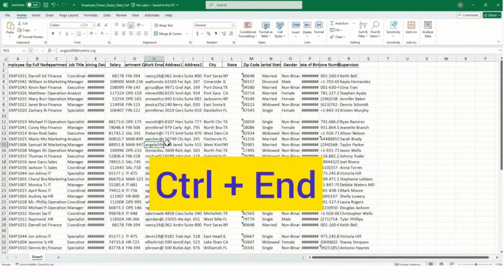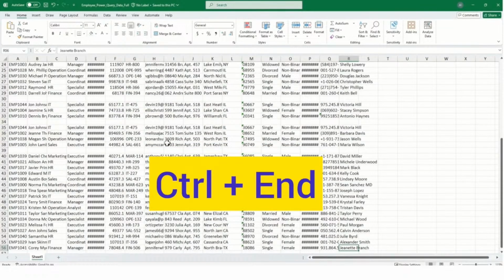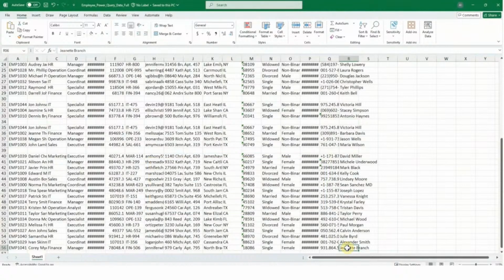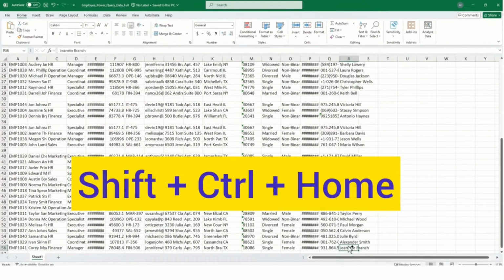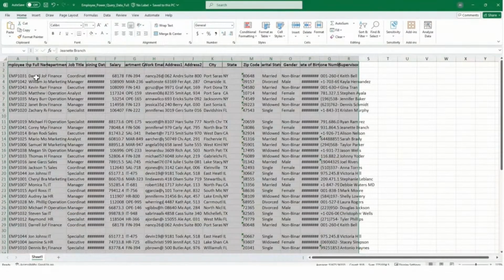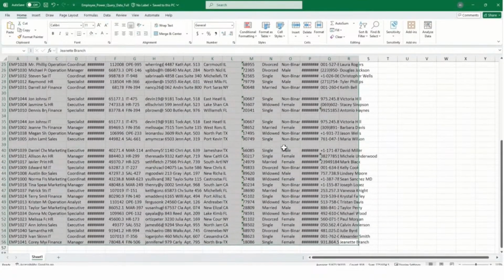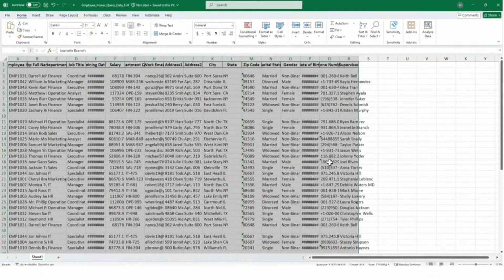उसके लिए आप सबसे पहले कंट्रोल और एंड की प्रेस करें। कंट्रोल एंड दबाने से आपका सेल जो है बिल्कुल लास्ट रो के लास्ट कॉलम में पहुंच जाता है। और यहां पर आप शिफ्ट कंट्रोल होम प्रेस करेंगे। कंट्रोल और शिफ्ट को एक साथ दबाएंगे और उसके साथ होम प्रेस करेंगे। तो अब आप देखेंगे कि आपका पूरा डेटा सेलेक्ट हो गया है। इस पूरे सिलेक्टेड डेटा में ब्लैंक रोज भी इंक्लूडेड हैं, और यही हम चाहते हैं, क्योंकि पावर क्वेरी के थ्रू हम अब पूरा डेटा क्लीन अप करेंगे।